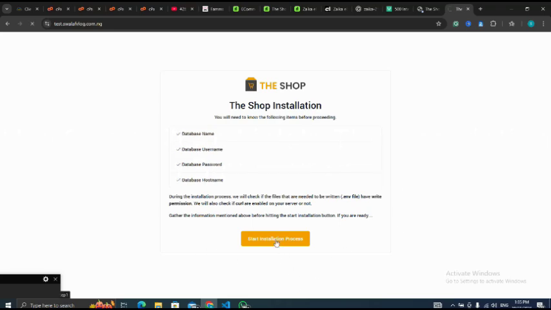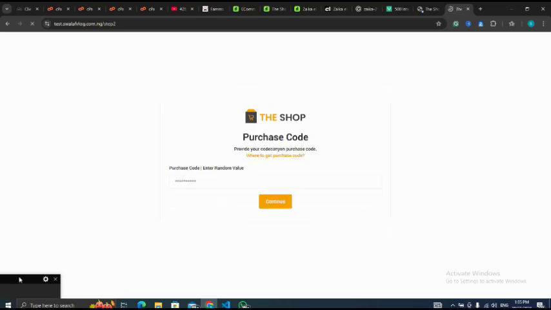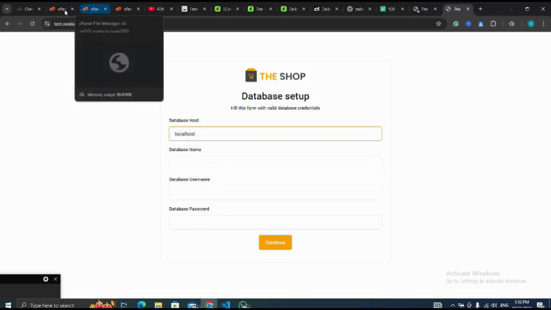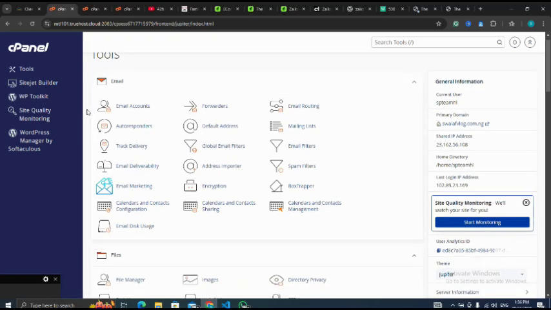Start installation process. Go to next step. Already started it, then I click on continue. So next I will go to my database to create my database. Here should be localhost. So for this, let me go back to my cPanel. Then I go to my database,